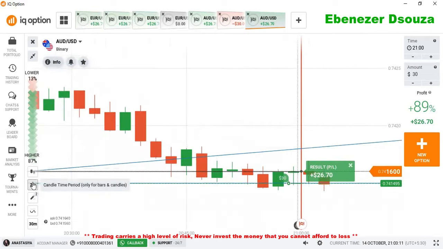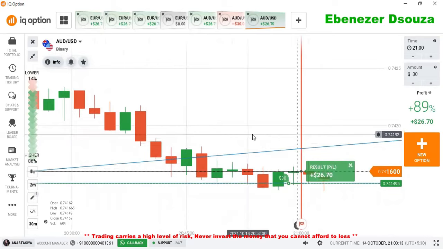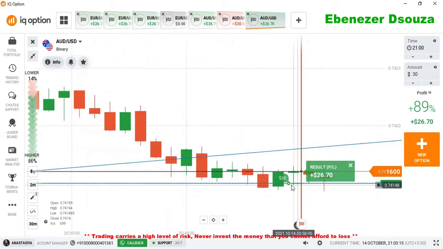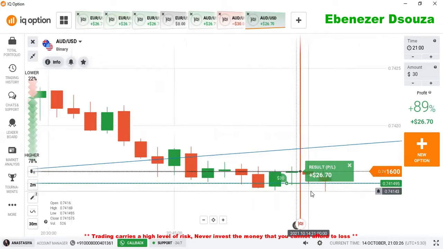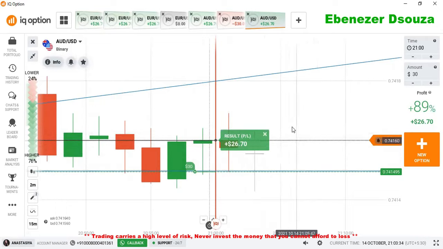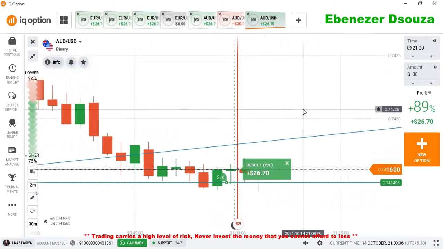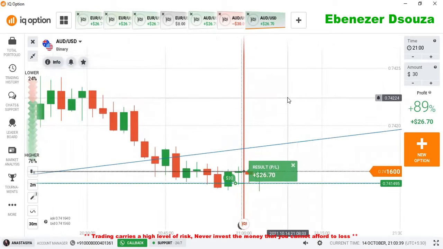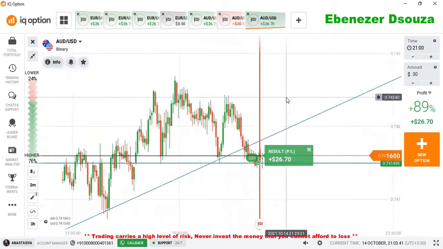So always select a higher time frame like 2 minute or 5 minute, then place your trade with margin of safety always by observing the market like this. If you place your trade with margin of safety, you may win your trade easily because of your entry points. You can see the next candle is here. If you place your trade from this point, it may be a winning trade easily because of your entry point. So always place your trade with margin of safety, then you may win your trade.